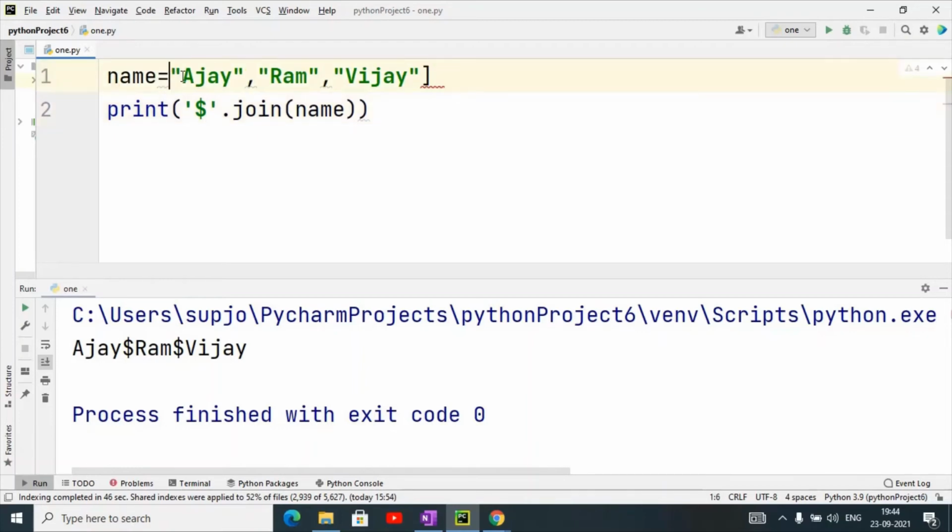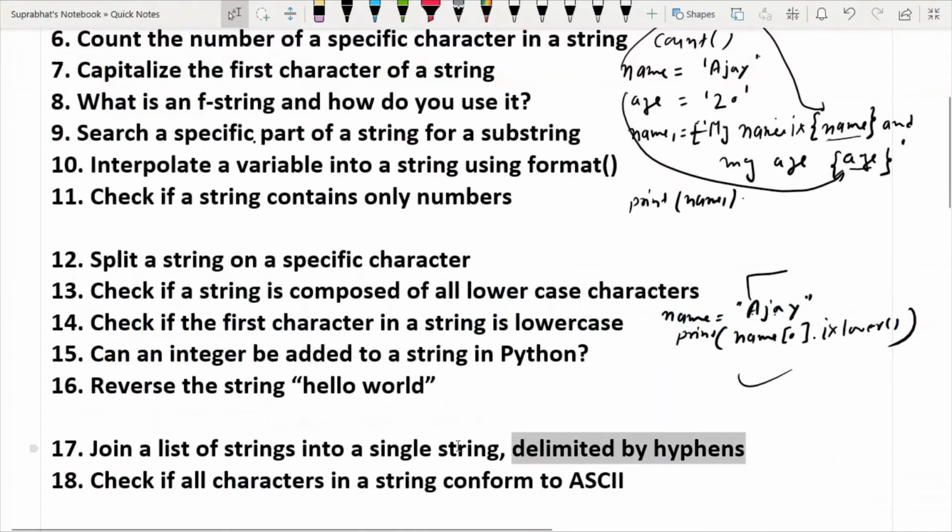If it is a tuple also, you can use tuple also. So it will convert this collection into string type. Understand the meaning of join function? Now clear?